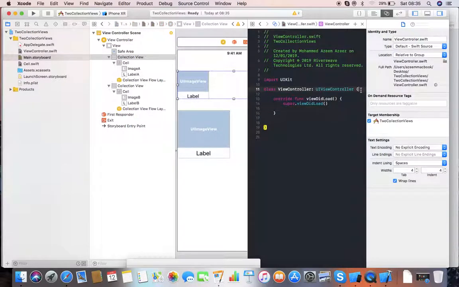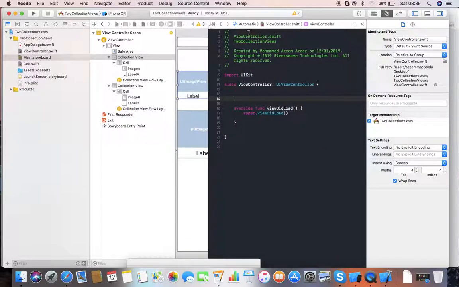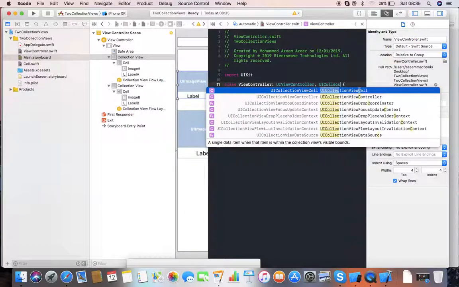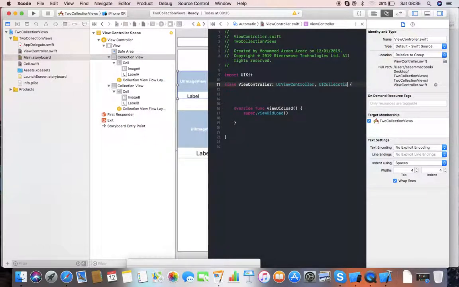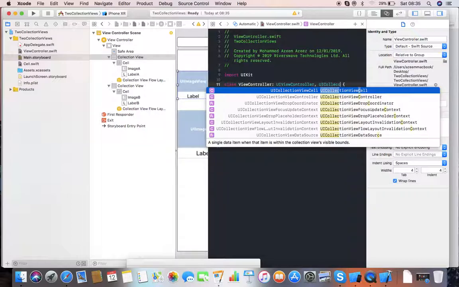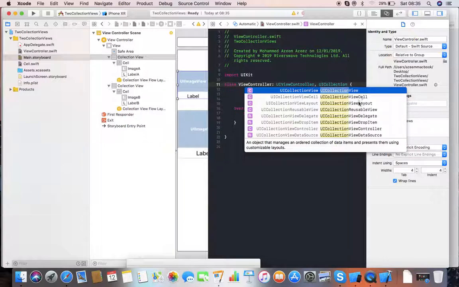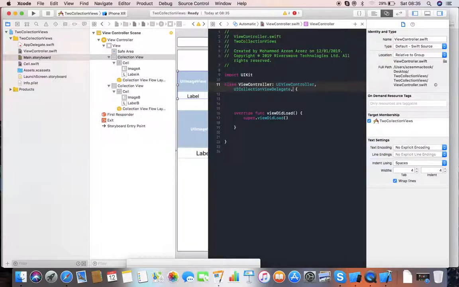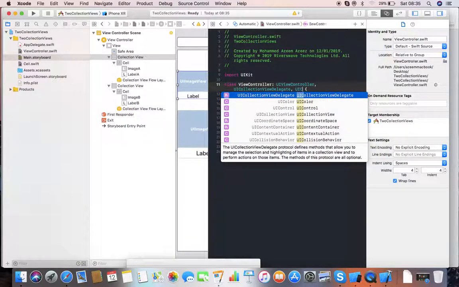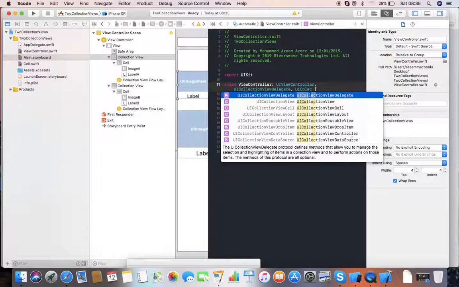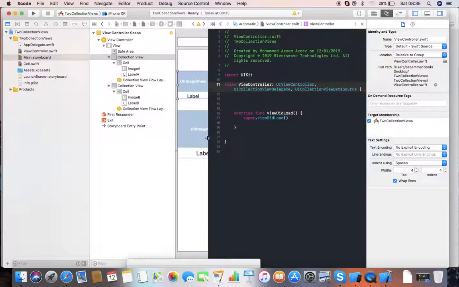our two collection views. Before that, we need to make, in our class ViewController, UICollectionViewDelegate and UICollectionViewDataSource. This is our data source. Alright, so the next thing is